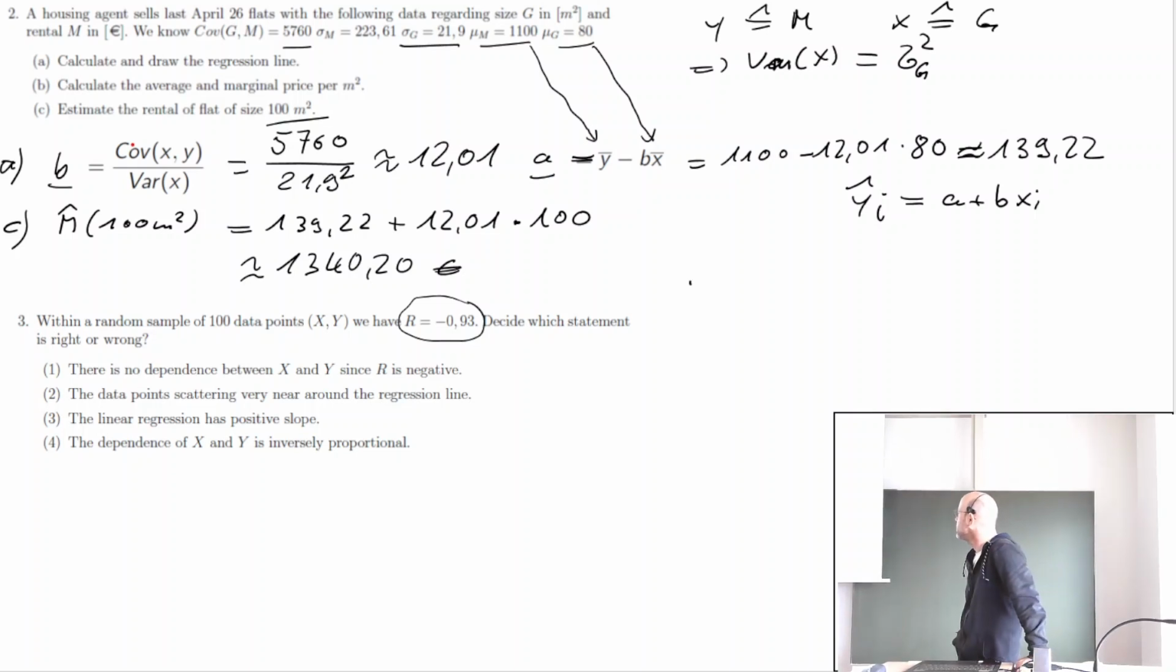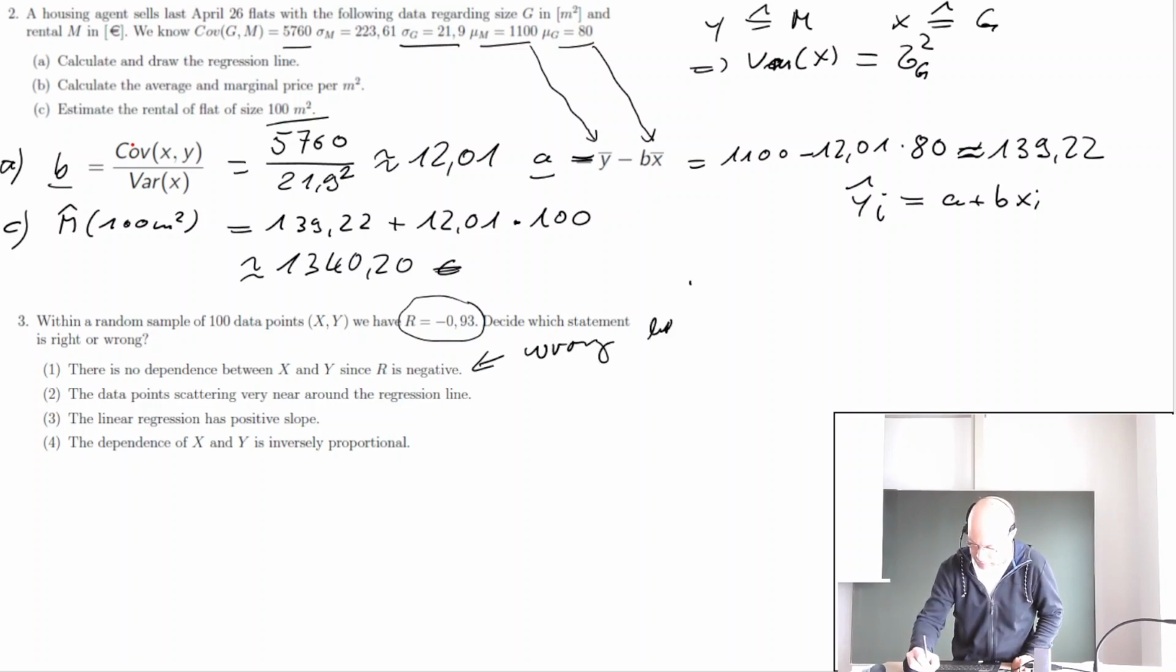Wrong. If there was no dependence, R would be 0, of course. The negative sign of the correlation coefficient has nothing to do with the dependence or with the size of the dependence, so to speak. I think the meaning of the minus sign is asked in the next exercise, 2 or 3. So we will not explain it in this part A, but of course the minus sign does not mean that there is no dependence, so this is wrong